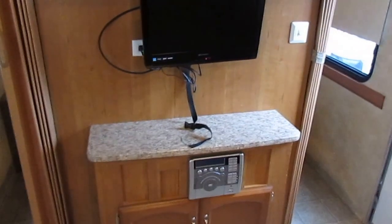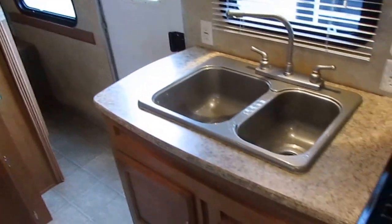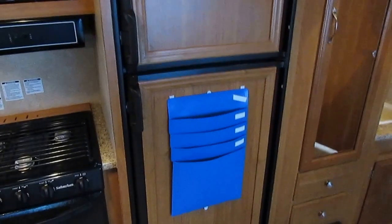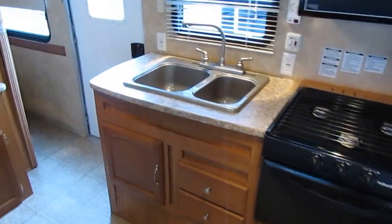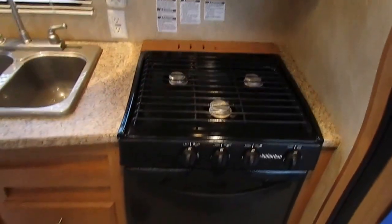purchase this camper, we're going to check the electrical, we're going to check all the appliances, including the refrigerator, the roof air, and the refrigerator is actually already getting cold. We're going to make sure all the lights work. We're going to do a complete plumbing test. We're going to check the water heater. We're going to check all your propane. We're going to make sure there's no propane leaks, that all your propane appliances work, your furnace,